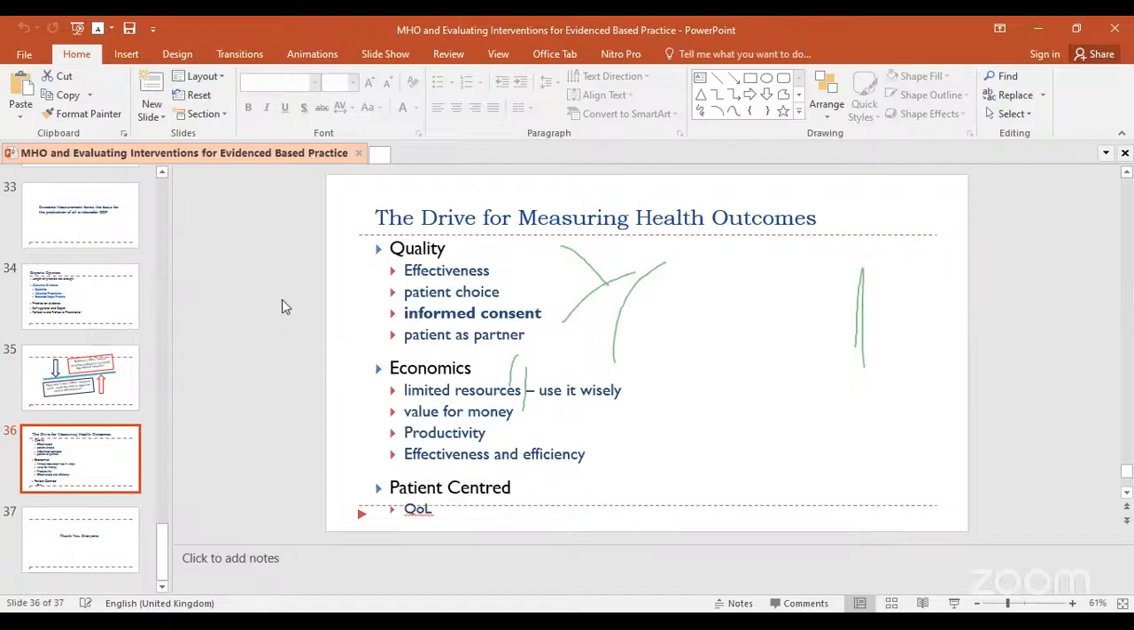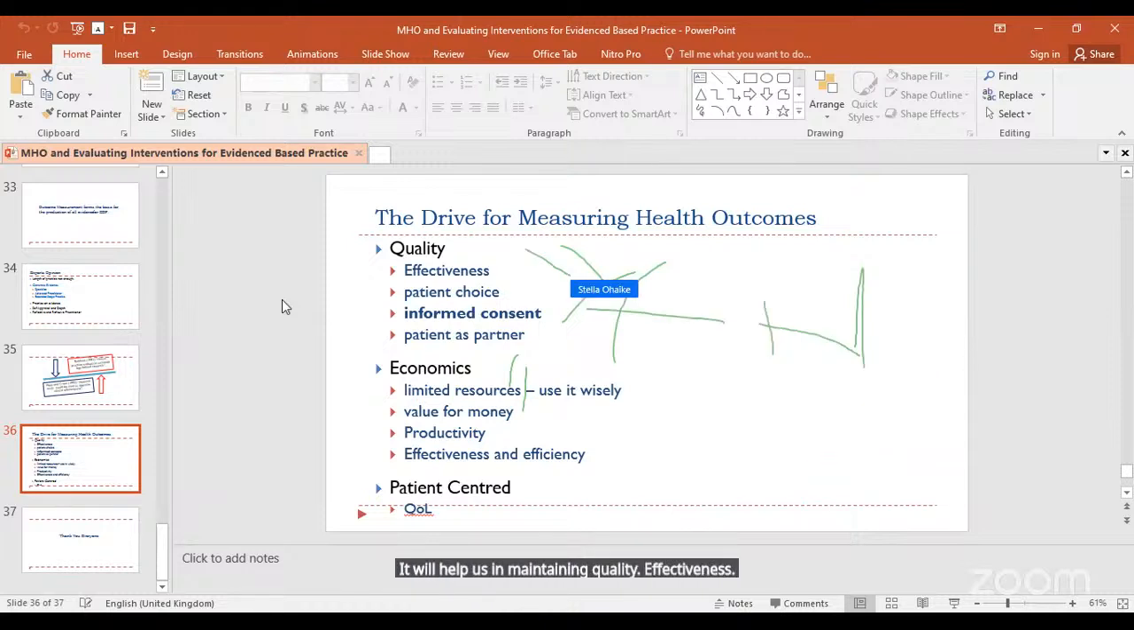So we need to drive for health outcomes, measuring health outcomes. It will help us in maintaining quality and effectiveness, deciding our patients' choices, and getting informed consent. It will help us to take patients as partners. It will also help us to use our tools for economic benefit,